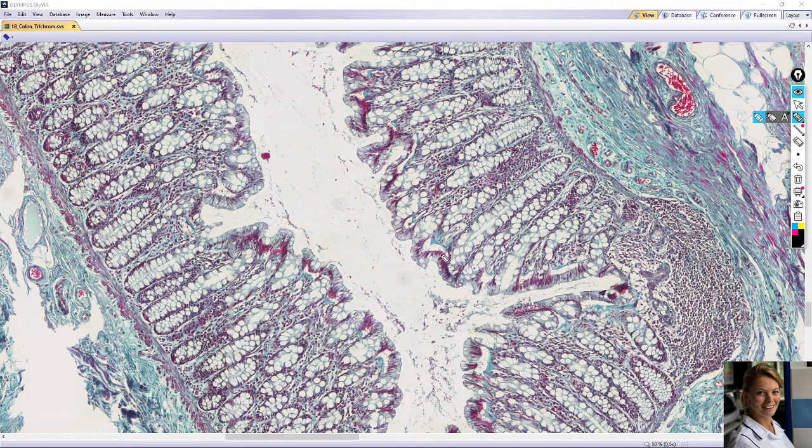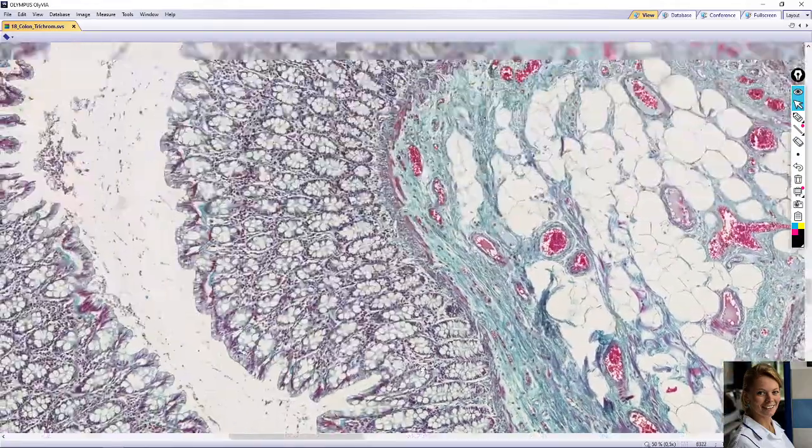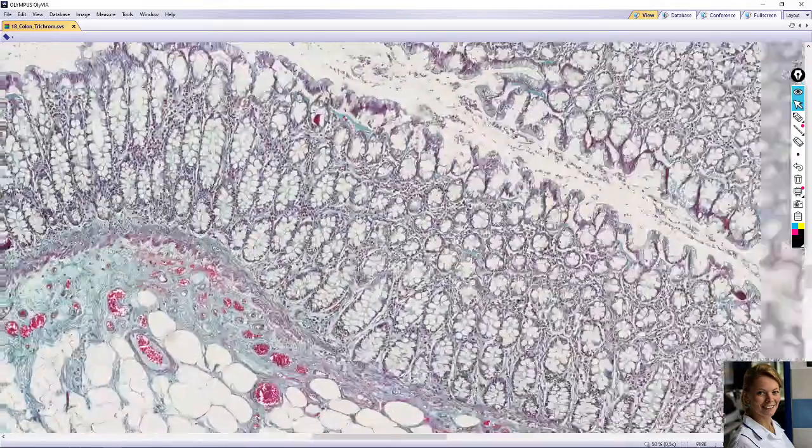This is the longitudinal section of the intestinal glands. This is the tubular structure, but it is also visible in cross section.